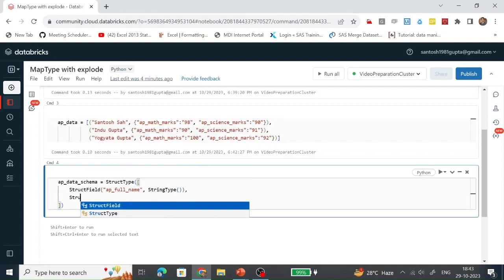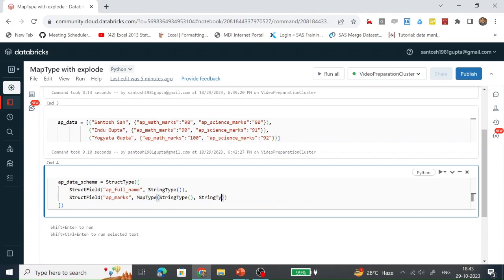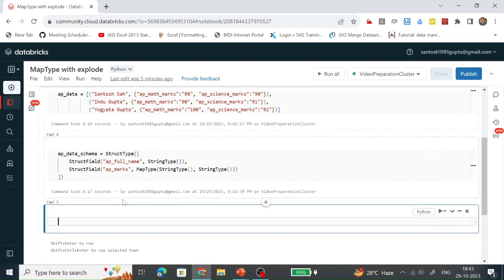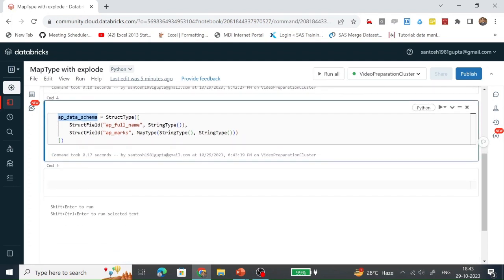Another column we are going to define has a data type of map type, and in this map type, key would be of string type and value would be of string type. Let's run it. So this custom schema has been created successfully.